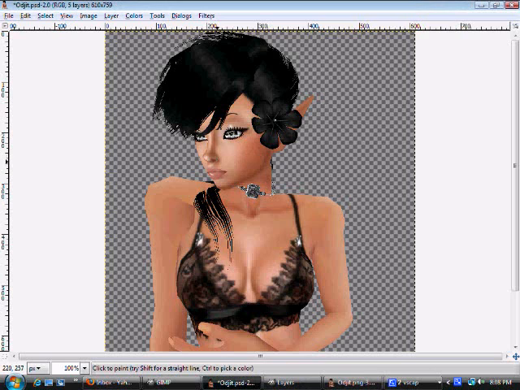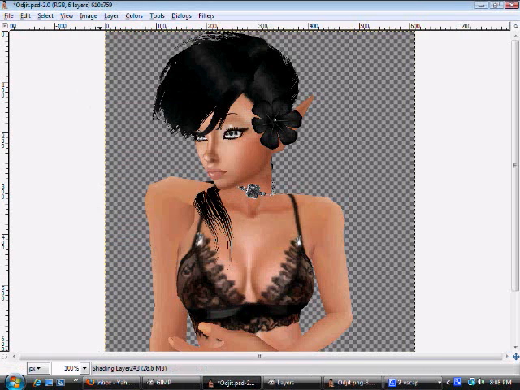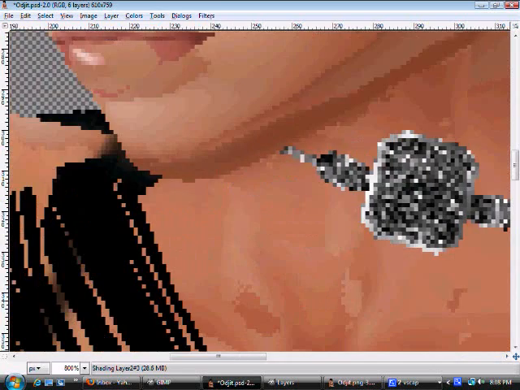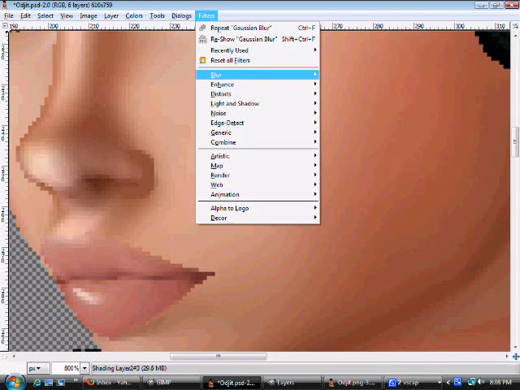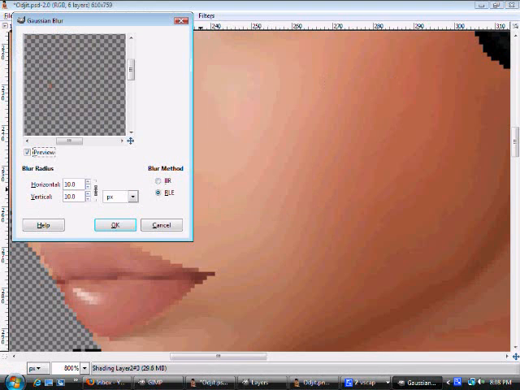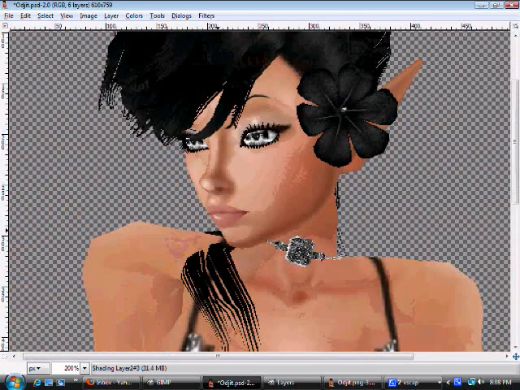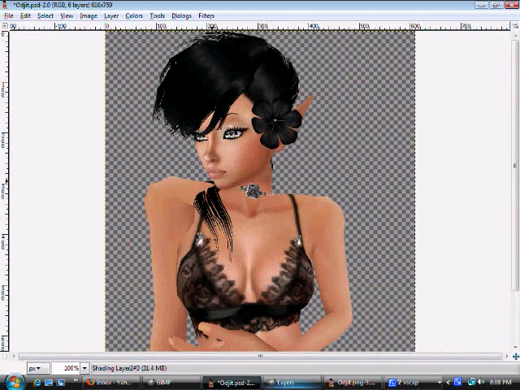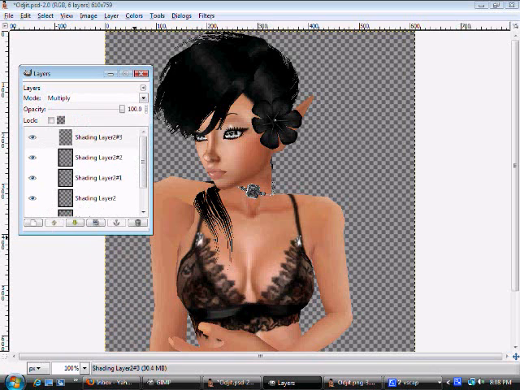So you can always go and make a new layer, and zoom in, and go over it again, like so. You can filter, blur it, but this time about 5 to see how it comes out. Now, I don't do this very often, so sometimes I don't even use it. Multiply it. Have it on the multiply layer. Ooh, let's start. So you put it down by